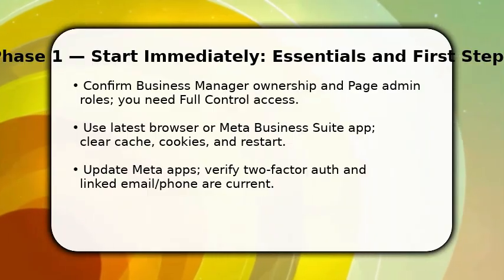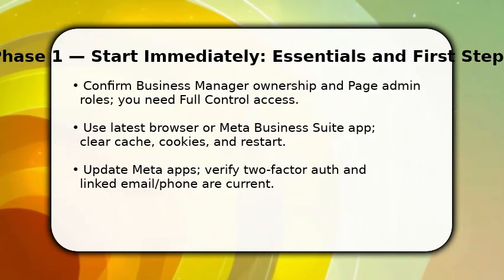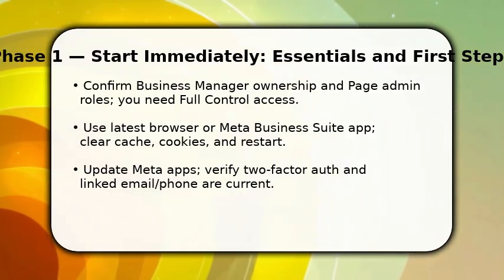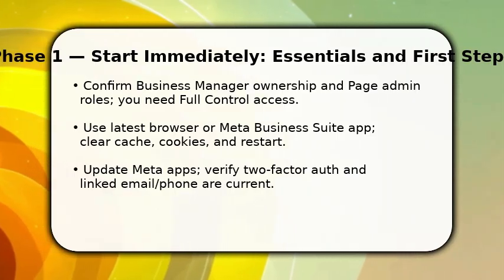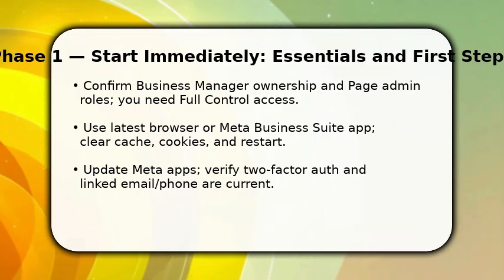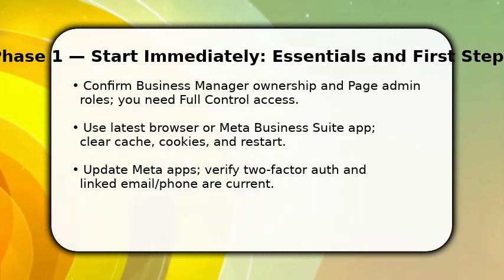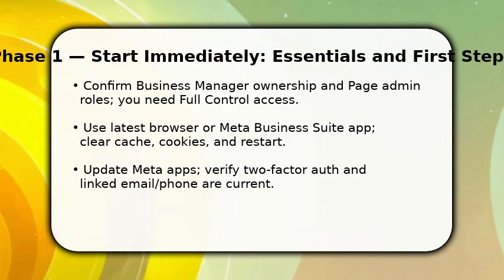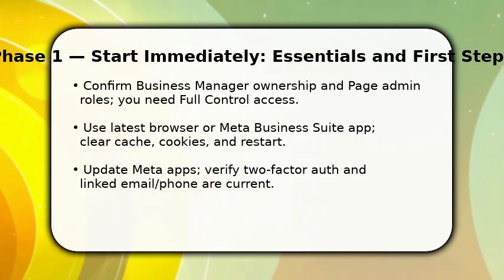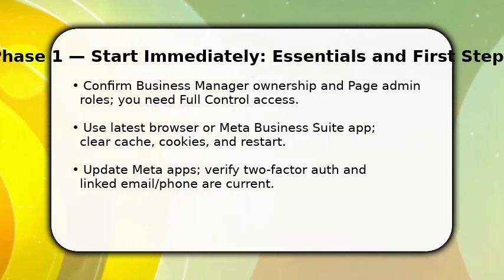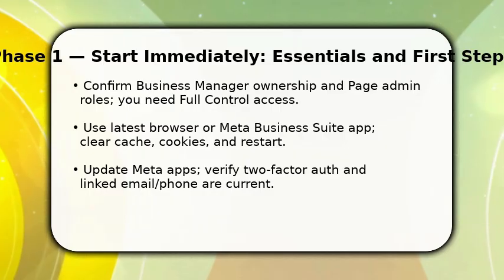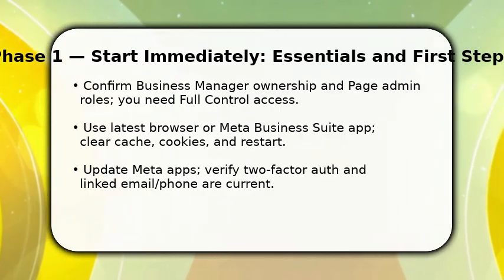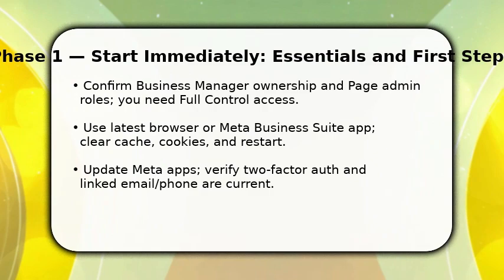You begin by ensuring you have the right access, confirm business manager ownership, and that you are a page admin. Once done, make sure the Meta Business Suite app or your browser is fully updated, clear cache and cookies, then restart the app. You also must verify two-factor authentication and that linked email and phone are current. These prerequisites prevent permission conflicts, so act now to avoid backtracking later, because missing rights is the most common hidden